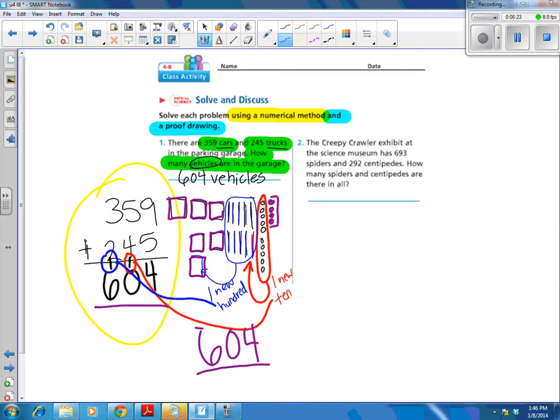What I'd like for you to do is finish up with 2, 3, and 4. I expect that you will be doing both numerical method and a proof drawing. When you trade out and make your new 10s and new hundreds, I do want to see that you label it with 1 new 10 and 1 new 100, okay? So we're putting a circle around it, drawing an arrow and showing, hey, I traded this out. It's a new 10. I traded this out. It's a new 100. Great job. Finish up with 2, 3, and 4, and then check your work with